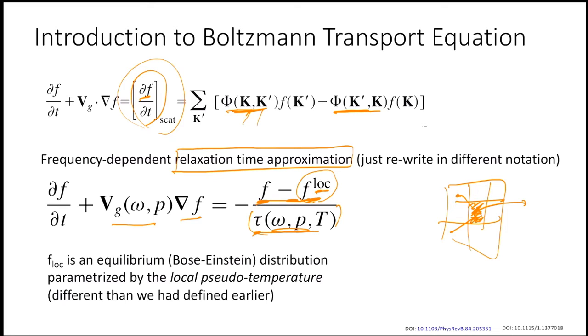Basically, we have assumed some mean lifetime of a phonon, and according to that mean lifetime of a phonon, we would write this equation as f minus f local by tau of omega p t. As I said, this f local, at temperature we define it, is slightly different than the pseudo temperature we defined in the last class, and we would come back to that point in a bit. But what we are doing essentially is writing this equation in the form of this equation, so nothing complicated.